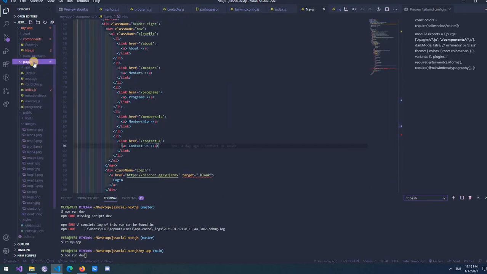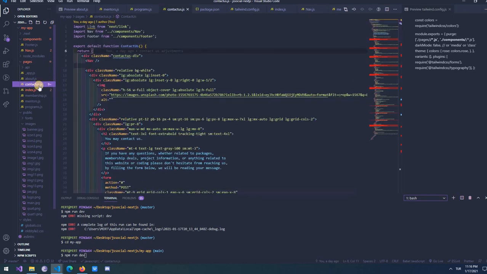There's a pages directory, and this acts like a router. When you create something here it instantly becomes a route. You don't go to the app and create a route. This becomes a page. It is a component and the route at the same time. You don't do anything. So your components also go into the pages,